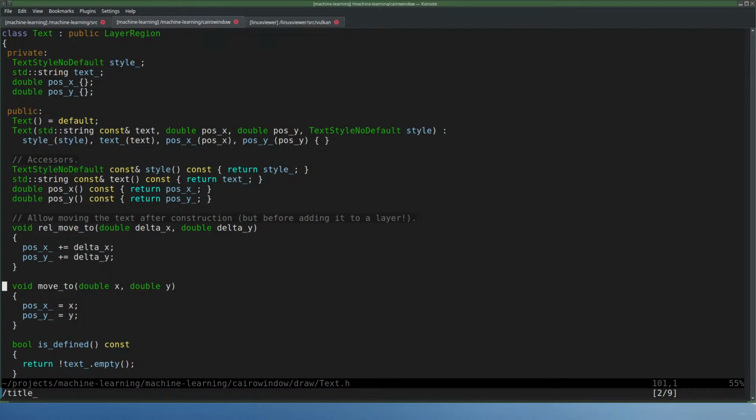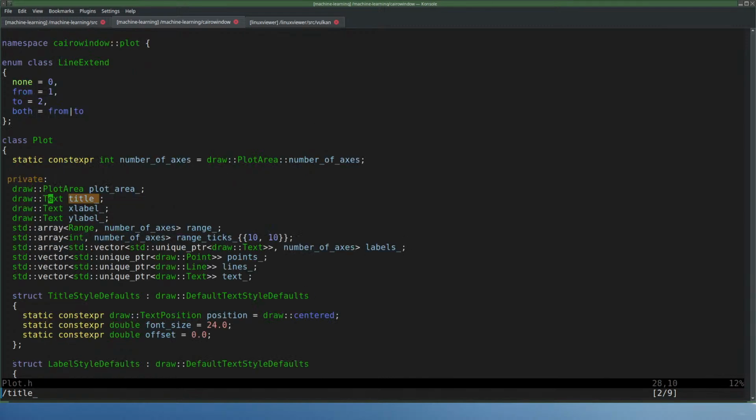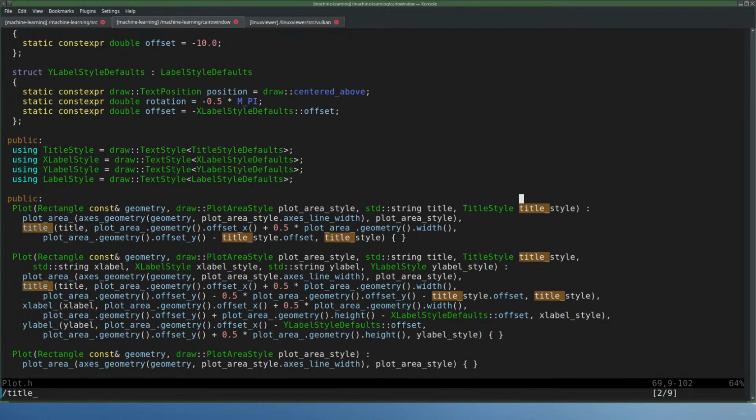And rel move to sets pause x and y. I better call that one, which is constructed from the second and third argument, which is this x plus half that. And plot area geometry offset y minus title style offset. And then we have to remember that, and we should do that because I'm also passing the title style. And in this case we have offset x plus a half times the plot area width, must be the same thing. Plot area y minus. Yep,